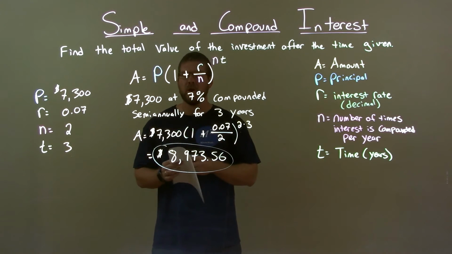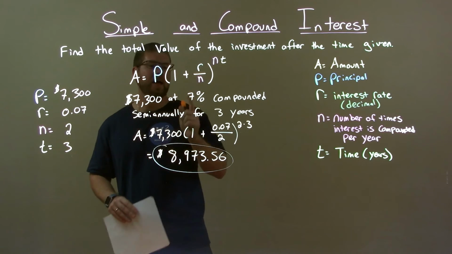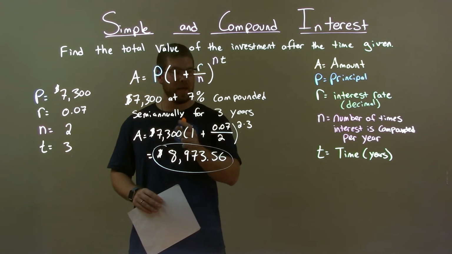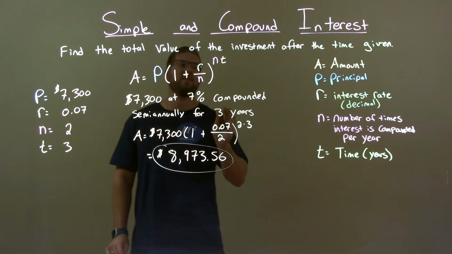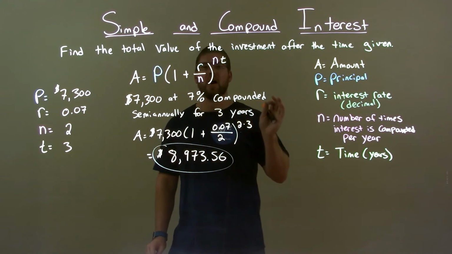So quick recap, we're given $7,300 at 7% compounded semi-annually for 3 years, and we find the value of the investment after the time given using